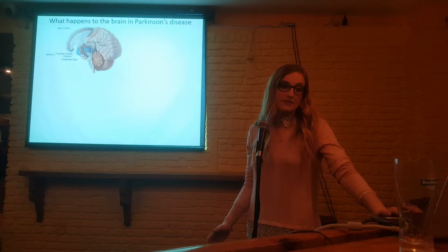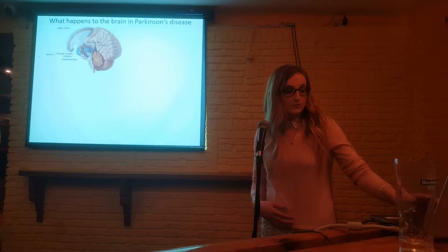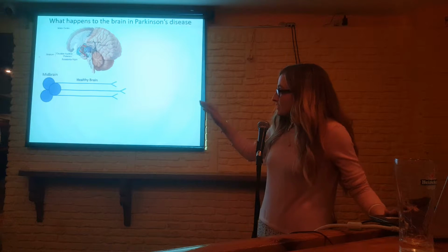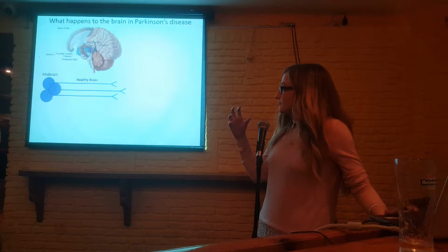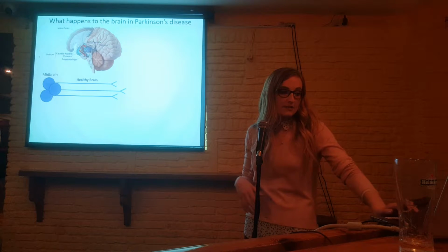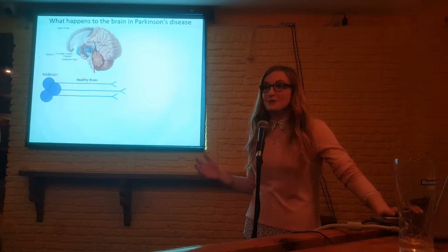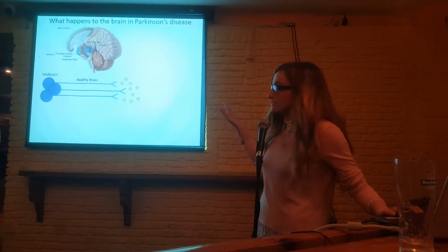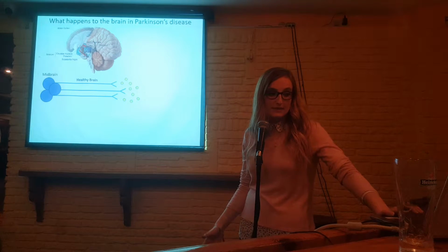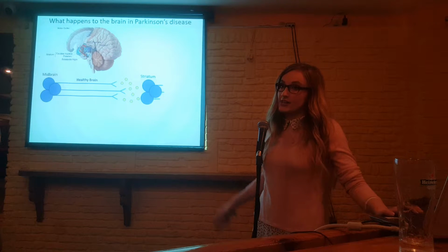So what exactly happens to the brain in Parkinson's disease? So this is in that brain area that I was talking about that actually regulates movement. So right up here, we have some neurons. The circles here are like the cell body, that's like the brain of the cell, and then they have these little processes coming out of them, and that's how they send messages to other cells. So when you decide you want to move, a message gets sent from your midbrain, which is just the middle of the brain, and these little molecules here get released, and these are called dopamine. And dopamine is really important in movement signaling. And this message then gets received by this brain area a little bit higher up, called the striatum, and then